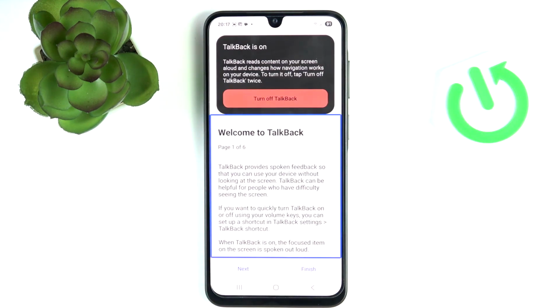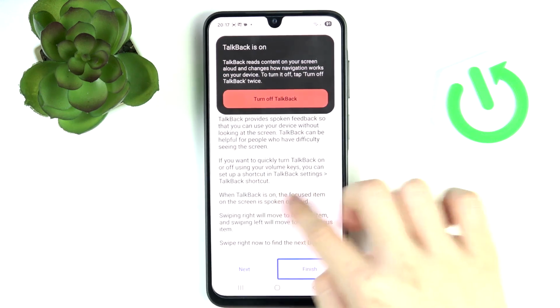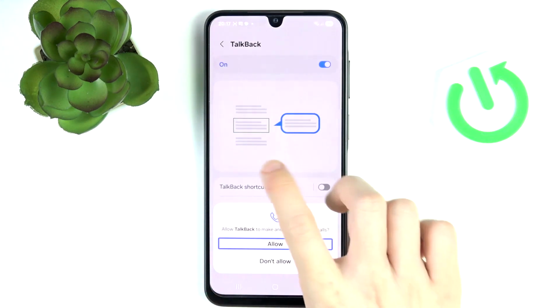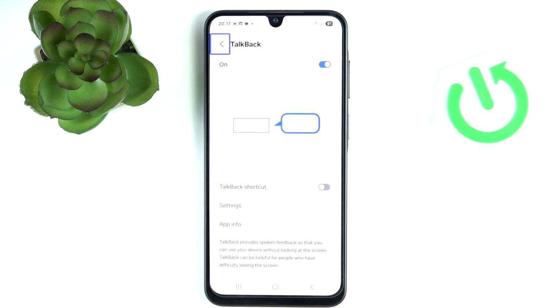TalkBack on. Welcome to TalkBack. Double tap to activate. TalkBack. Navigate up button. Double tap to activate. And now the TalkBack is enabled, and I'm gonna quickly show you how to navigate through it, so you can